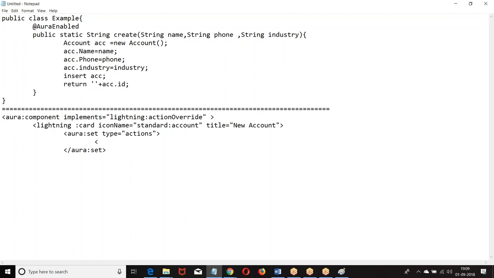Then within this I was supposed to give lightning button group. Then we're going to give label, save.